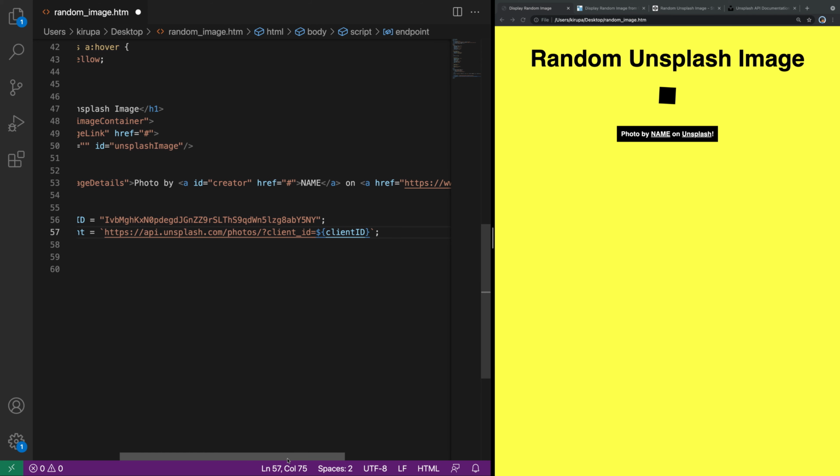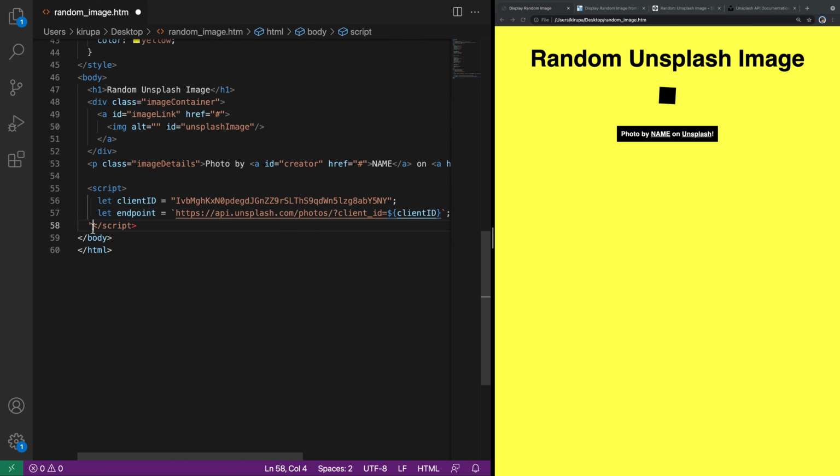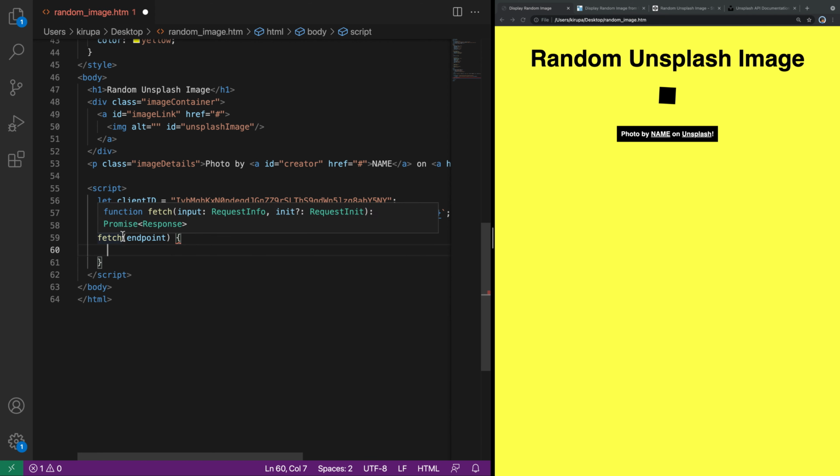Okay, so I have that, bracket client ID. All right, so we're good to go here. And so now what we're going to do next, now that we have the client ID, is make a call to our Fetch API. So I'm going to do fetch endpoint, and let's see, we are in a good spot right here where the fetch endpoint is being displayed, and of course it's fetch, it's not actually a